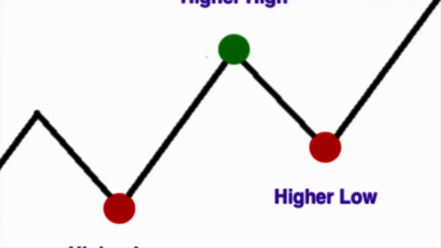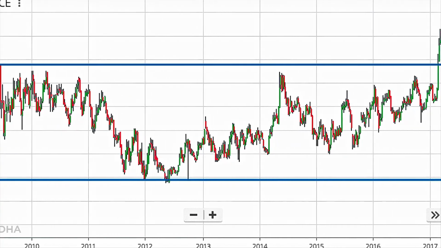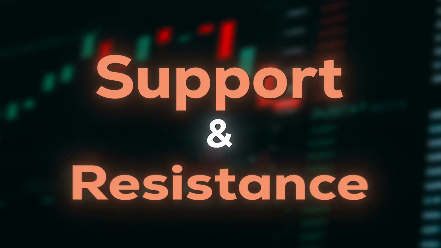The market moves in three types of trend. First is uptrend. Uptrend means higher highs and higher lows. Second we have downtrend, and downtrend means lower highs and lower lows. And third comes sideways. Here the market remains range bound or in a consolidation phase. So in short, a trader's job is not to predict, but to identify the trend and trade along with it. So let's move ahead towards the next concept, which is support and resistance.